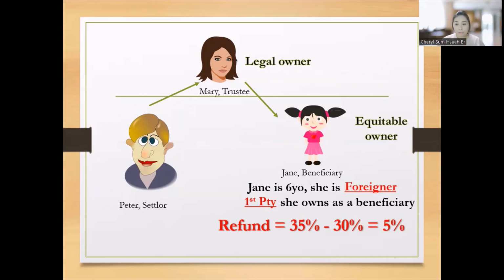Firstly, the flat rate of 35% is going to be chargeable for any properties that have been transferred to a trustee in an inter vivos trust, which means when the settlor is still alive. It's a flat rate of 35%. The refund only comes in later on, if applicable. So that's the major change that we need to understand today.